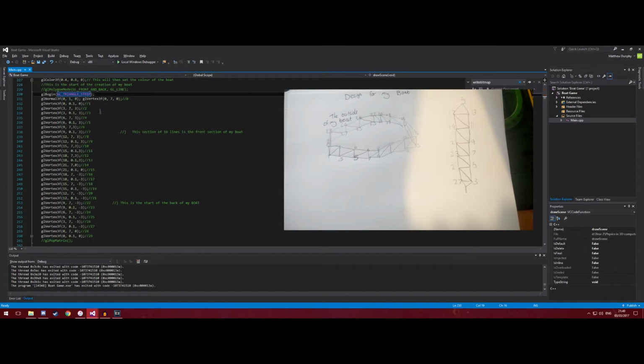To make the boat, I used Vec 3s at 0, 7, 0. So those first 3 make a triangle, and then all the ones you add after that make up the triangle strip in a circle for this first section, as you can see in my image next to it. It shows my design for it all curving around, and then that last bit there is the back of the boat, and all the numbers on the side correspond with the numbers in the diagram,